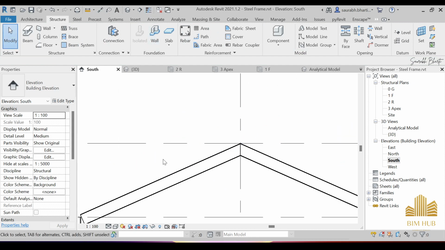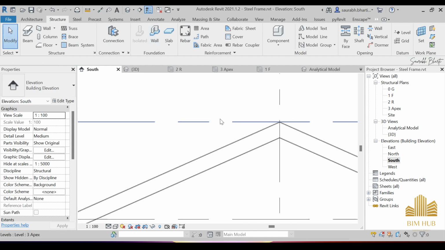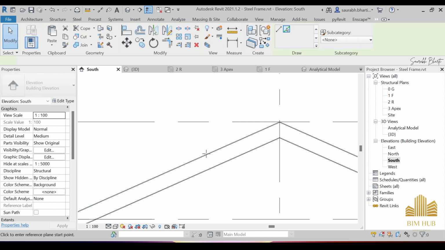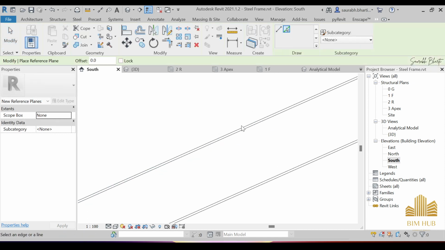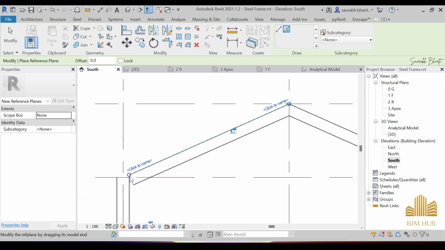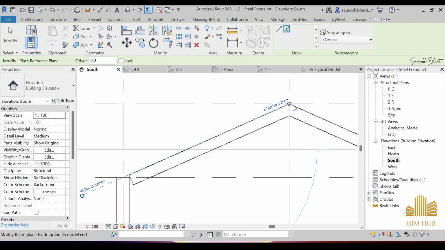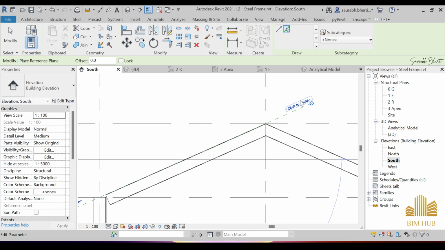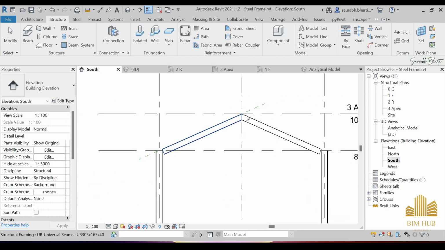So just go to the thin lines over here, then go to this reference plane, pick lines, select this frame, the outer frame, and increase the size of it. Write its name, roof Purlin, press enter. Okay, after that